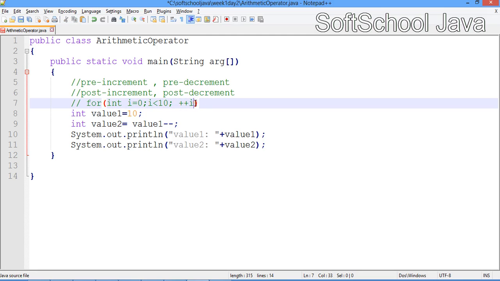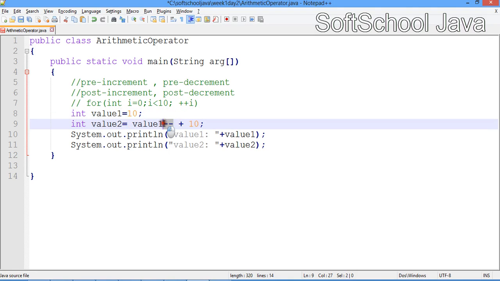But if it were in an operation, like if I have something like minus, then plus 10, this is where the sign matters, whether it comes before or after the variable. If it's just alone like this, it doesn't matter whether it comes before or after. The point is it's going to increment by 1. But when we have an expression like this, it now matters where this sign is. Now looking at this expression, what will be the value of value1 and value2 when they are printed out? Let's try and evaluate this. Here we're going to have value1 minus, which is a post-decrement, meaning that